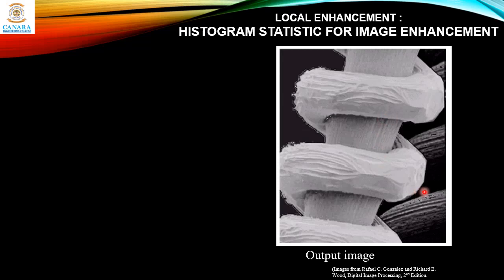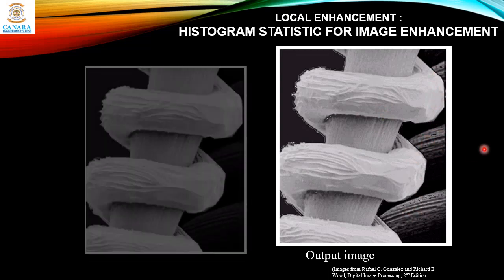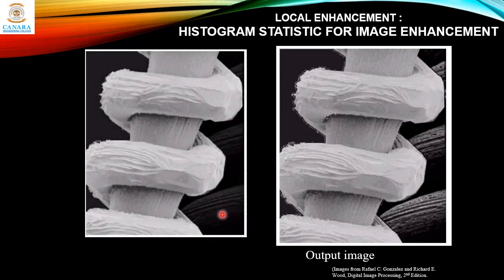When we combine all those things, this is the foreground which is intact. We didn't touch it. Only this background portion is enhanced. If you compare it with the original image, you can see the difference. Original, it is a bit darker. And here it's almost very difficult to make out what's there. But here it's quite clear. So this is the use of histogram statistics.